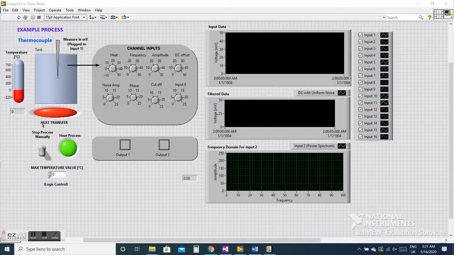In the left part of the front panel, there is an example for the process where there is a tank with a fluid that's being heated by a heat source. To measure the temperature of the fluid, a transducer was installed to it. This transducer is a thermocouple which returns a voltage value corresponding to the measured temperature. So to study the behavior of this process, this thermocouple hypothetically was connected to the data logger at input 1. Now this data is available in the graph for further analysis